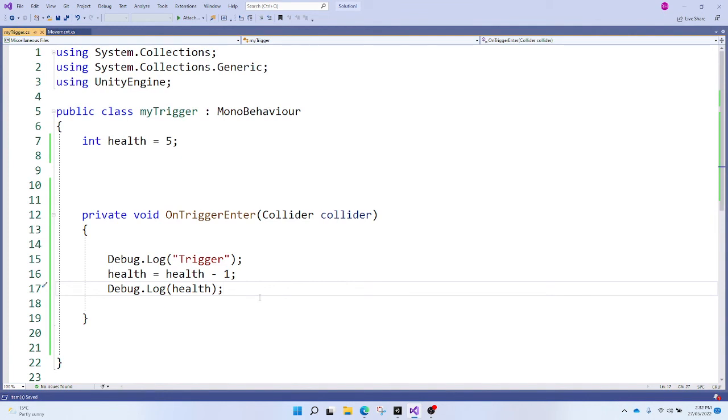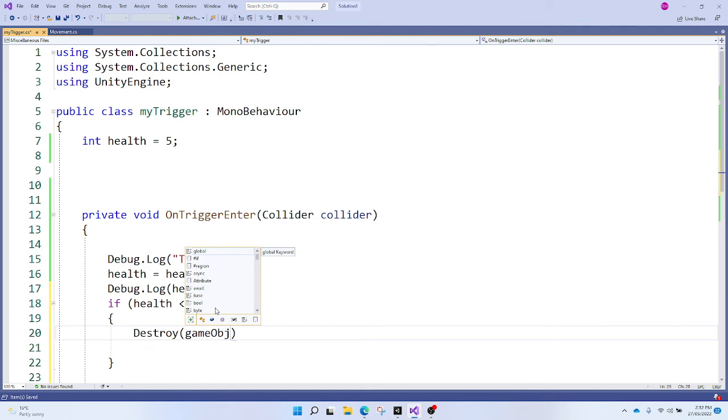And what we want to do is say an if statement. So if we were to say if, open brackets, health is less than or equal to 0, then we're going to do something. Okay, so we're going to have the curly brackets there, and what are we going to do? Well, we're going to Destroy the actual gameObject. It's lowercase, right? We're going to destroy the game object, so it's actually going to destroy our little capsule,